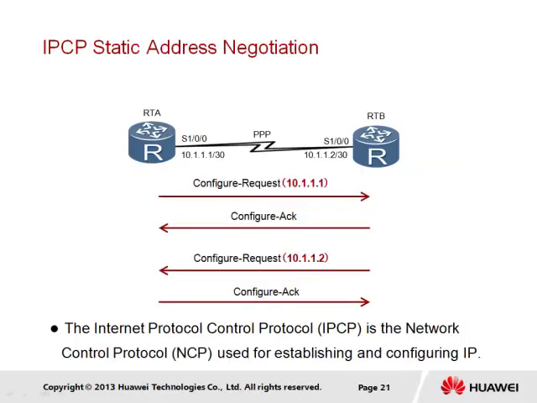Once the authentication phase is complete, the network phase is initiated that relies on the Network Control Protocol, or NCP, to establish network layer protocols. Where IP is concerned, it is generally required that IP addressing be put in place that supports network layer communication. NCP uses the same packet exchange mechanism as LCP, and so will establish the IP addressing by sending a configure request that states the IP address that is desired to be used, to which the responding peer will generate a configure ACK to confirm the configured IP address is acceptable as the remote IP address.